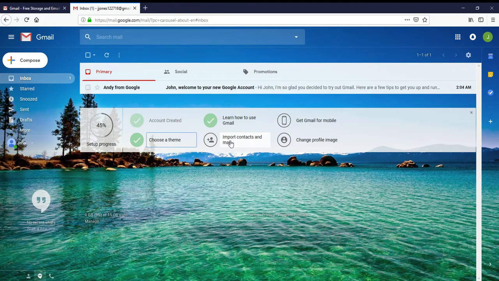Import contacts and mail. If you have an old email client, we're going to click on this. You're going to put in your email account, whether it's Hotmail, Gmail, your present email account, if you have one. I don't have one here, so I'm going to just type in hotmail.com, and then we would click continue. It's going to be checking,